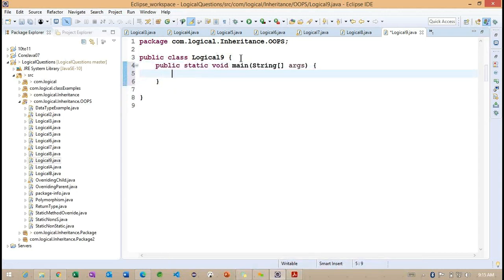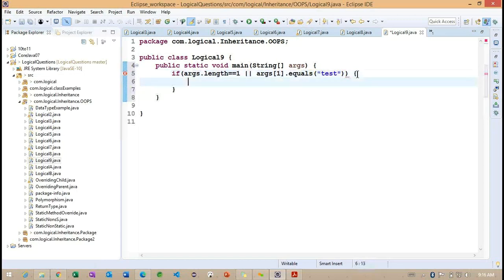Inside this particular logical 9, now you can think here, I'm going to work with one condition: args.length equals 1. The OR condition I'm going to make, and args[0] equals with test.